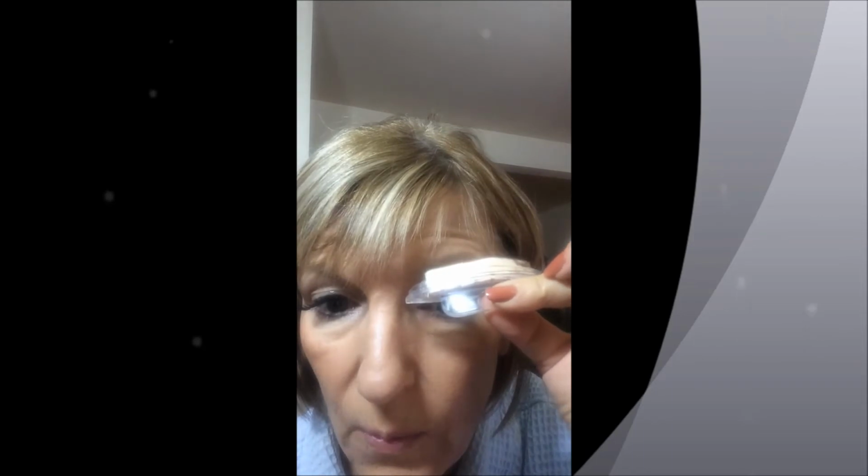So I'm just putting a little bit on, and then what I'm going to do is I'm using the video screen, so it's kind of hard to see, but what you do is you just push right here, you put the brow where you want the shape to be, and I think that's about right because I can't really see what I'm doing, and then you just push it and then just go like that and rock it kind of. And then see that? You've got your shape of your brow,